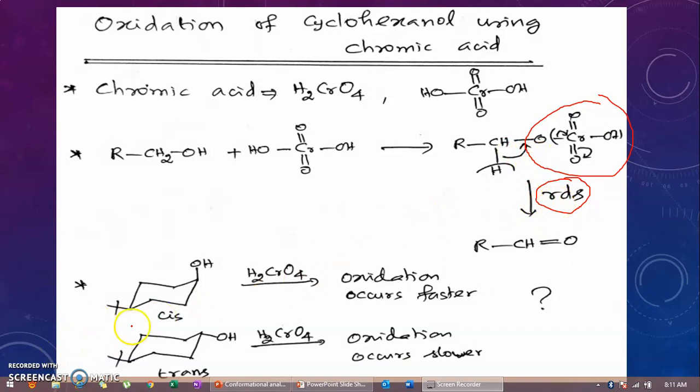Now, if I take the cis alcohol, I have taken cyclohexanol, and in the fourth position we have a tertiary butyl group. So 4-tertiary butyl cyclohexanol. This is the cis isomer and the trans isomer. Now, if you add chromic acid to the cis isomer, the oxidation occurs faster, whereas if you add chromic acid to the trans isomer, the oxidation occurs slower. They are isomers, but the rates of the reactions are different. Why? What's the reason? The reason is,